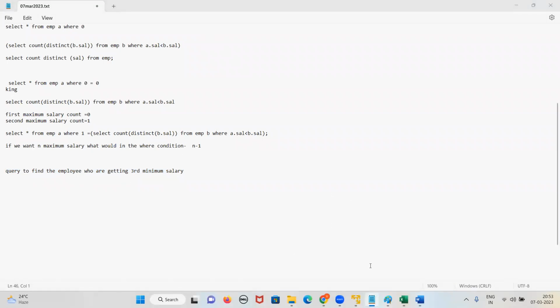So for third minimum, guys, count will be what? Tell me. Third minimum count will be 2. Yes or no, guys? Yes. So what is the query? Simple query: select star from EMP A where 2 equals to what? 2. Select what? Count of distinct B dot sal